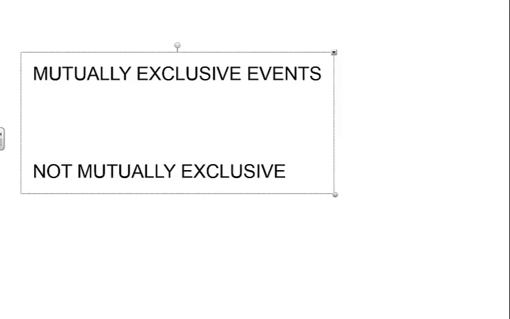Two other definitions that you need to know before I get into adding probabilities is this term of mutually exclusive events and not mutually exclusive. So mutually exclusive means that we're going to look at two different events and we're going to add them together. But if they're mutually exclusive, that means that there can't be any overlapping parts. So for example, I'm going to have my event A and event B, and we always have to define what our events are, meaning we have to define what the probability is that we're trying to find, the total probability that we're trying to determine. So event A could be